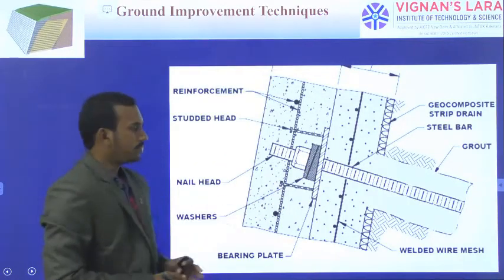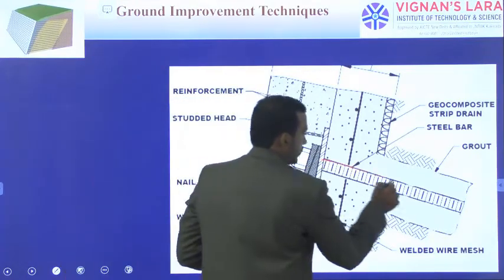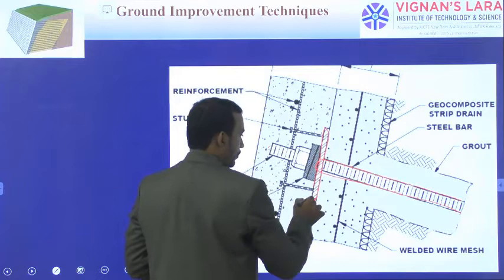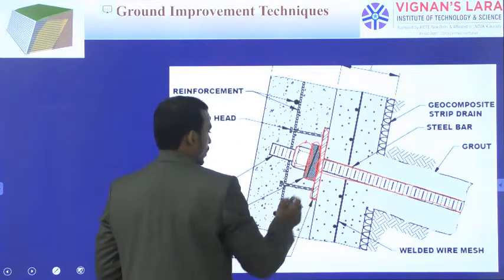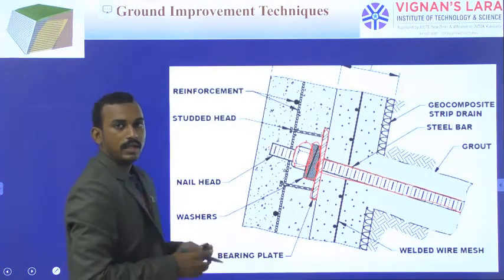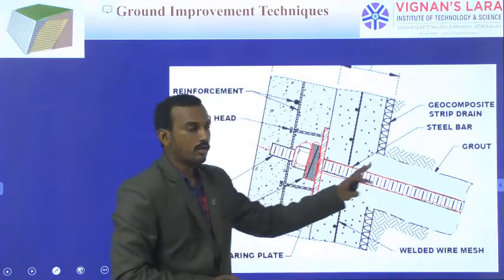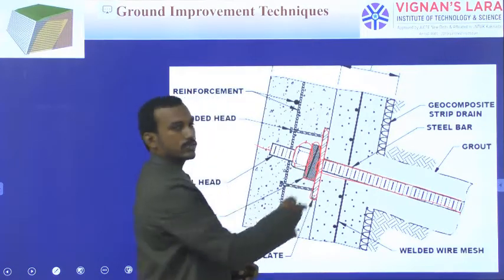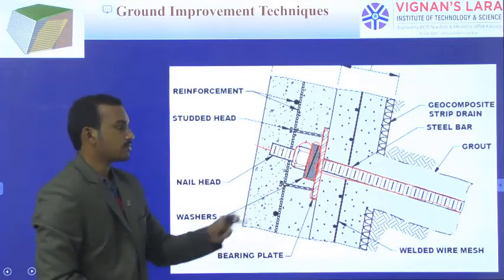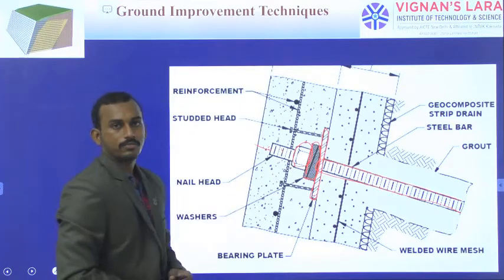See, these are the parts of a soil layering. This is the nail. We are inserting it, and over it we are placing a bearing plate and anchors also. This is a washer and this is the nail head. So simply this is nailing. In order to stabilize these inclined grounds, we are inserting a nail into the ground and providing a bearing plate and washers. If you don't provide these washers and nuts, then it may get loosened. That's why we are providing this arrangement. The remaining parts are not actually required. Up to this it is enough.